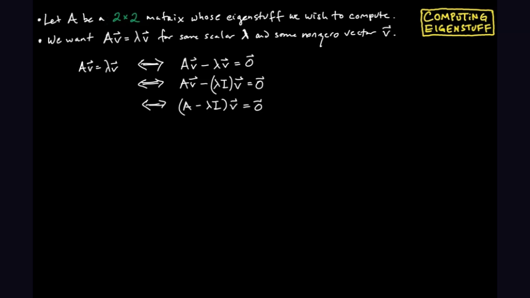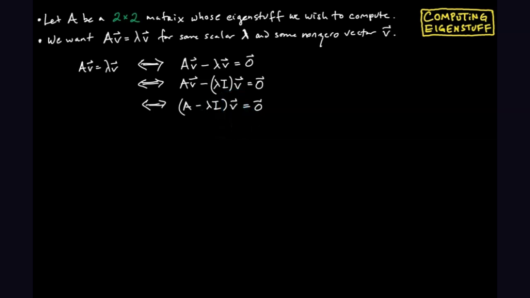But so far, I should mention, we haven't done anything that has required our matrices to be 2 by 2. We'll see soon why I'm concentrating on the 2 by 2 case for now. But so far, all of this is perfectly general. We'll be able to do this exact same analysis even when A is a 10,000 by 10,000 matrix. But let's take stock of where we are. We're looking for pairs, lambda and v, that satisfy this eigenvalue equation. Scalar lambda and a non-zero vector v. And we have such a pair that satisfies this equation if and only if this condition holds. If and only if the matrix A minus lambda I